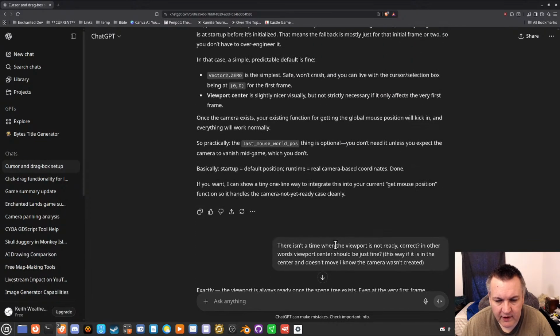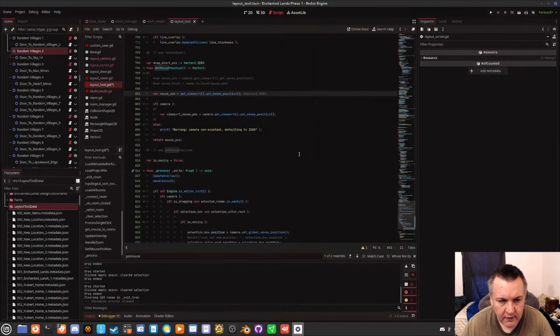Get viewport dot size divided by 2. That's right. Okay. Dot size divided by 2. Do like that.